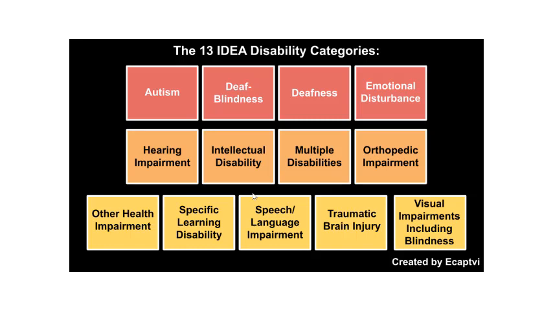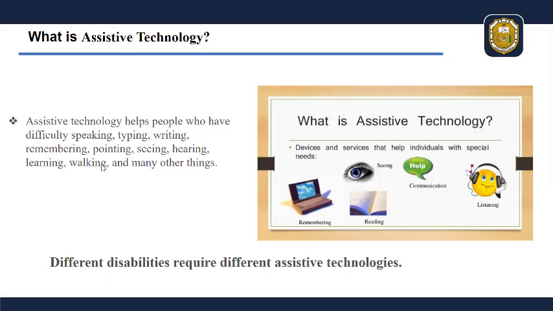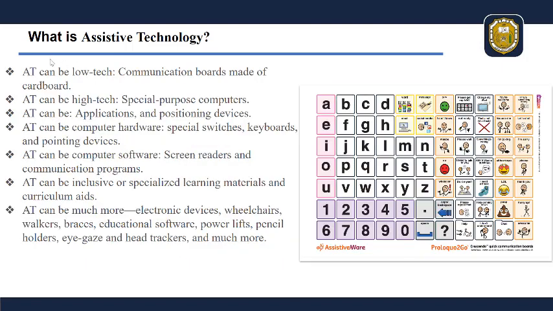So there are different categories of disabilities, and assistive technology helps those people or students with these difficulties and disabilities, for example, in speaking, typing, writing, remembering, pointing, seeing, hearing, learning, walking, and many other things. So for this reason, it's called assistive technology, and it can be